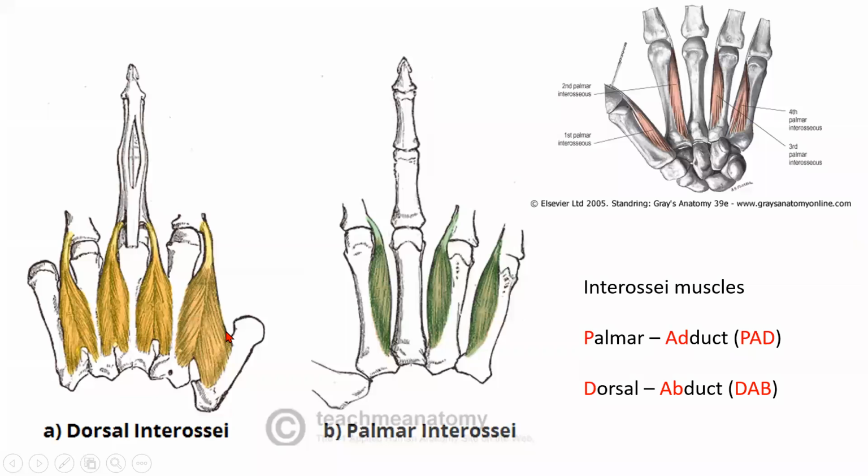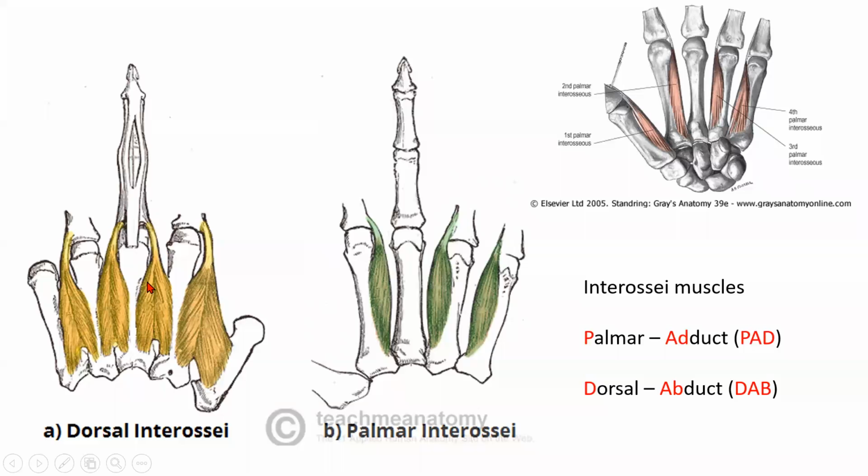Okay. Whereas when you come to dorsal interossei, here even the middle finger can move. Otherwise, if you consider this hand as the table, you can see that for the middle finger, this is abduction on one side, this is abduction on the other side. So that is the reason why the middle finger has got 2 dorsal interossei. Are you able to understand how to check for the dorsal interossei? See, this is one abduction, this is one abduction, right? And this is another abduction, this is another abduction.